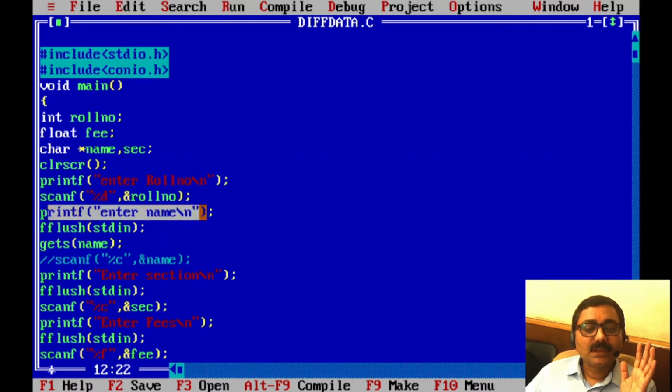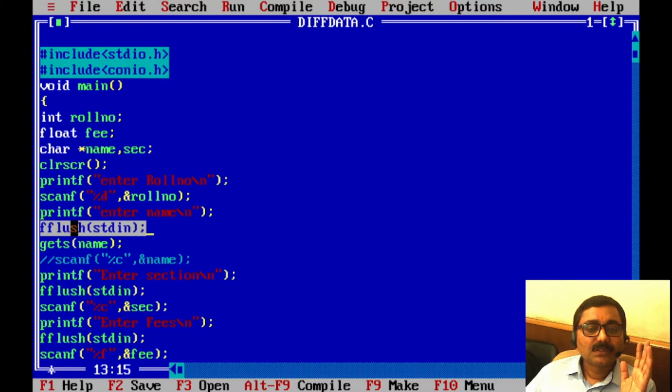This is the second input, of type string, and before that we have used fflush. This is used for cleaning the buffer. Sometimes because of garbage values our system is not able to read new input.